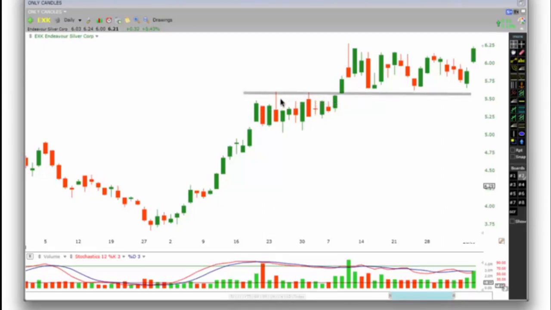This is the level, the resistance where the price tries to break. This is the support the price is trying to stay above. Here is the breakout, it moves higher, an inverted hammer in an overbought condition. It's telling us the price might move down, but it's moving higher the next day. But after that it's at the same level, and now it's building a new sideways movement right at the 575 to 600 level.